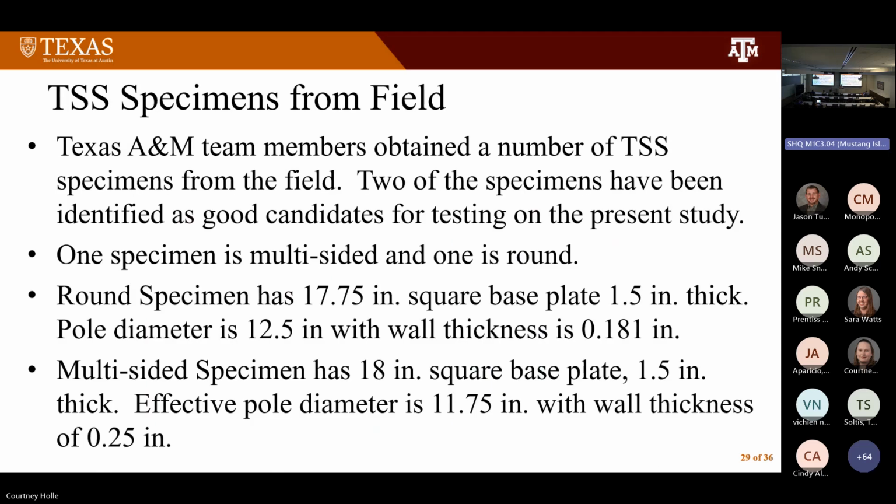On the traffic signal specimens, Stefan and his group have another project also looking at the behavior, and he's found a number of traffic signal structure poles from around the state. He said we'll take 2 of those and use them for our test. In addition, we're designing a couple of new ones. So we're going to have 4 total specimens that we think we'll be using there. The 2 that we're getting from the field have similar geometries. But one of them is a multi-sided specimen, and the other one is a round specimen. So again, a little bit of the representative geometries that you might find out in the field.